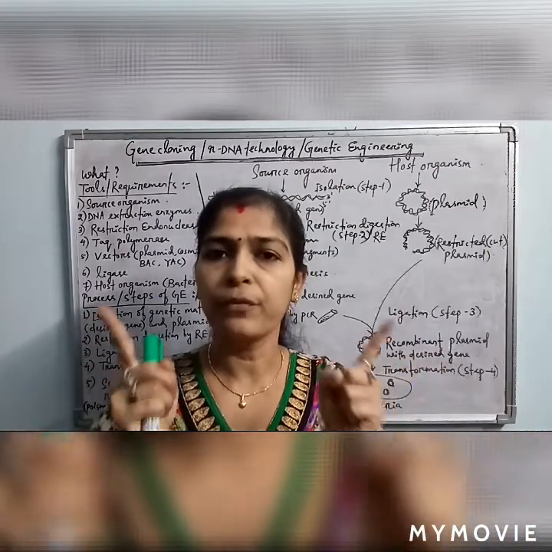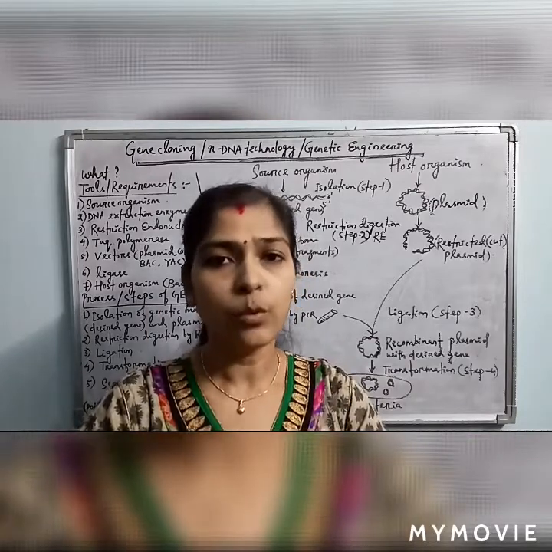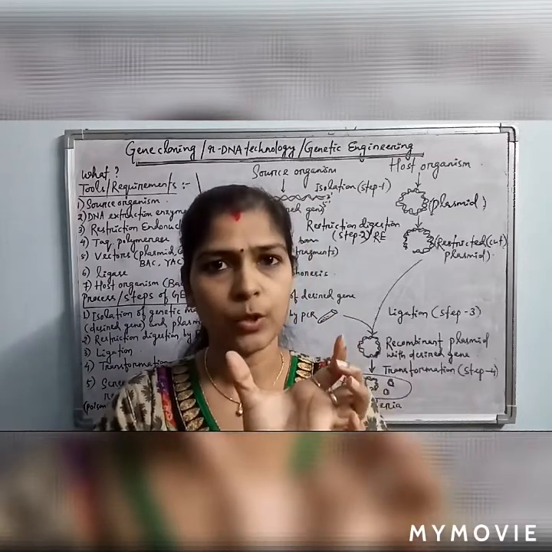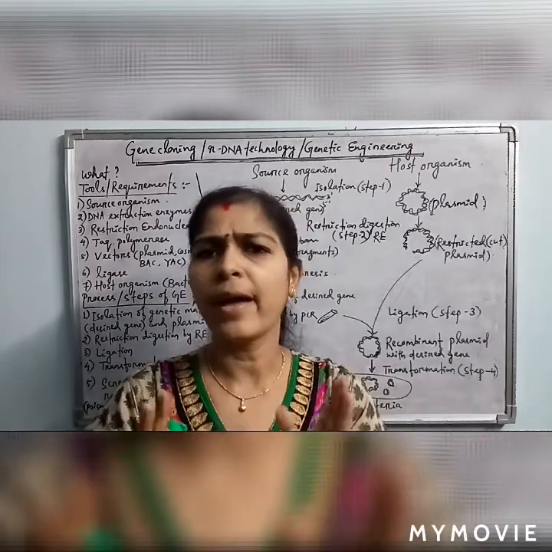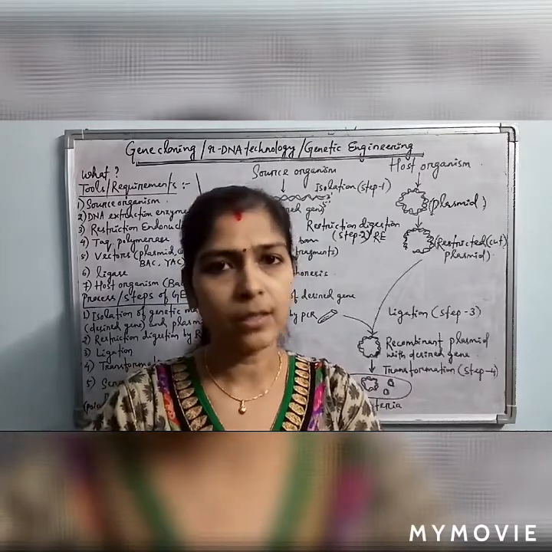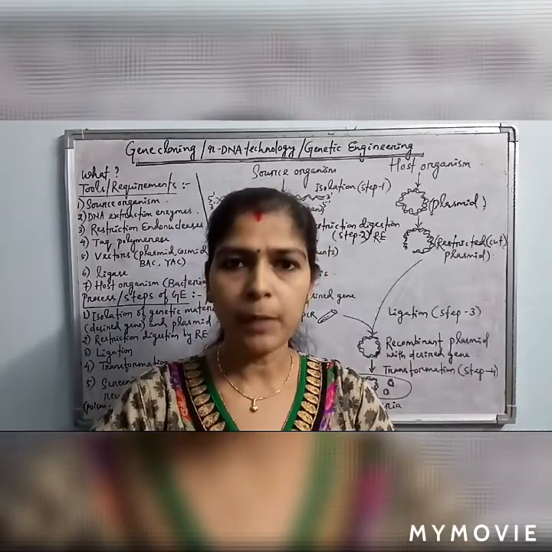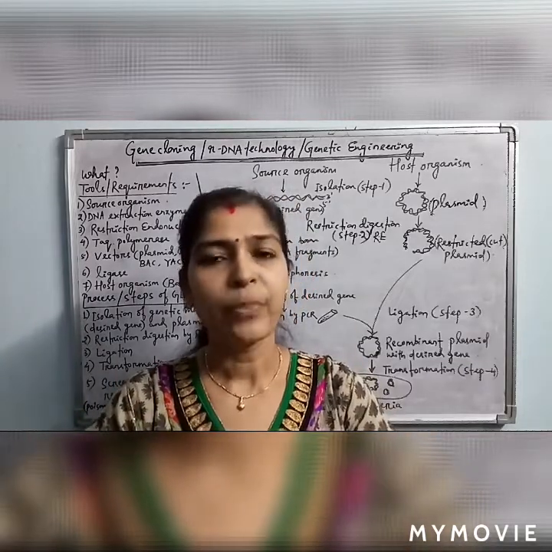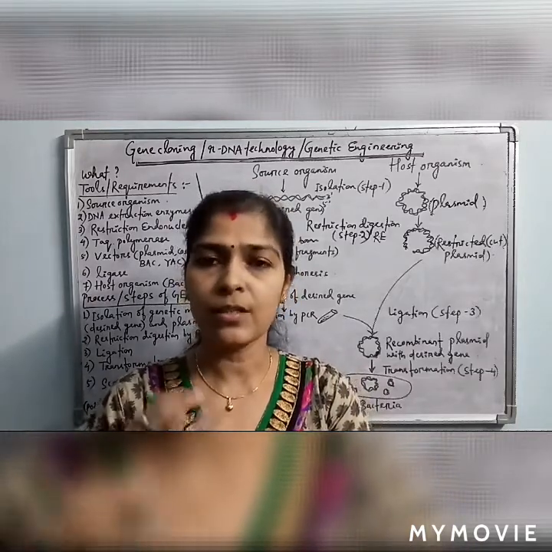And if such a recombinant plasmid is taken in by the bacteria, then the bacteria will not utilize the lactose because the LacZ gene is disrupted by the presence of the desired gene in it. Such recombinant transformed bacteria can't utilize the lactose from the growth plate, and such bacteria will appear white. And the transformed non-recombinant bacteria, meaning they have taken up the plasmid, but the plasmid does not have the desired gene, will show blue colonies. So white and blue colonies will be there in the agar plate. This is called insertional inactivation.